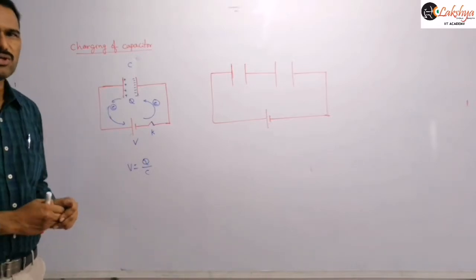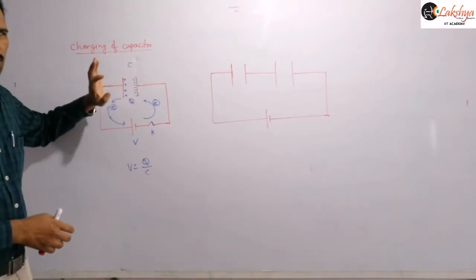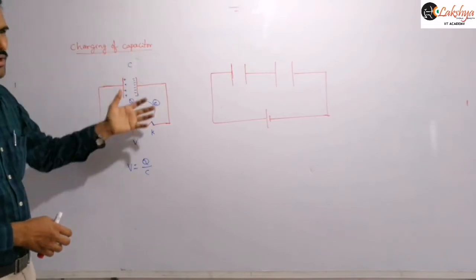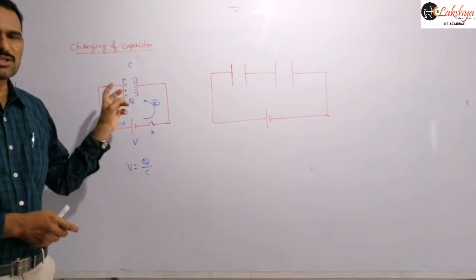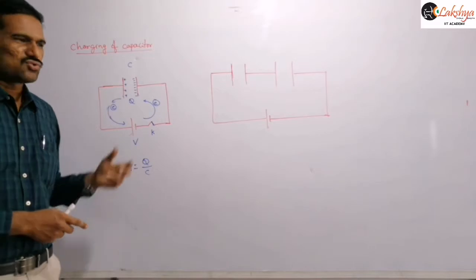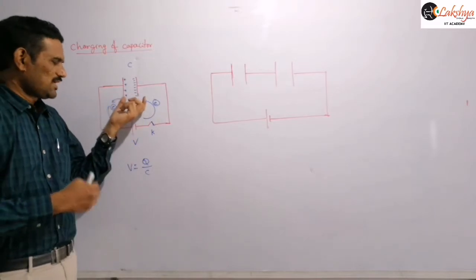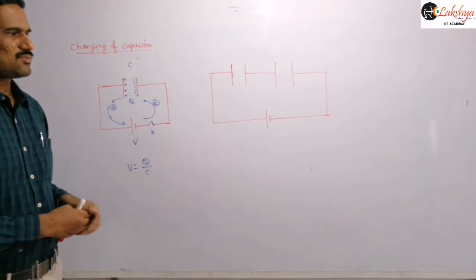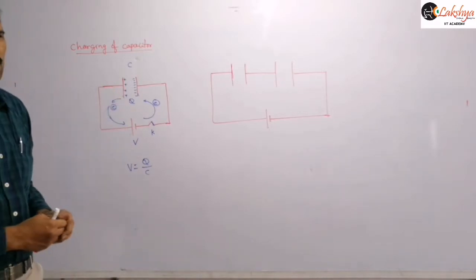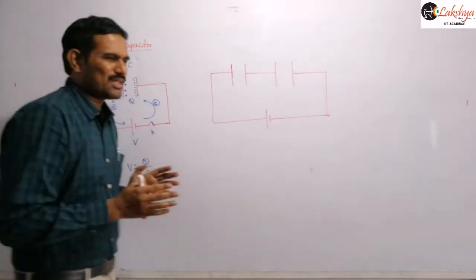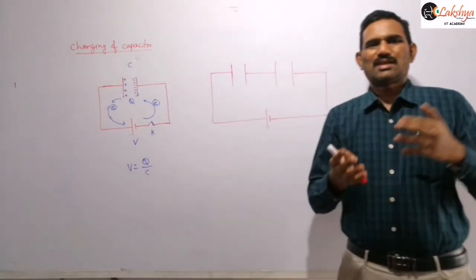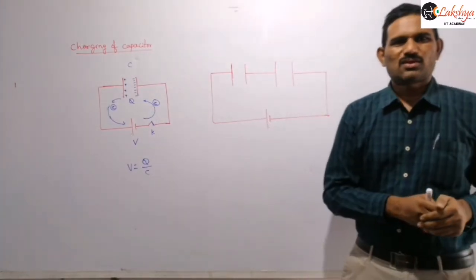Current will become zero, but some charge will be stored on the capacitor, and so some potential difference will be there. That is the purpose of our capacitor: it can store a certain amount of charge, which means some amount of energy will be stored in it. That is the principle taking place there. So during the charging of a capacitor only, current will be there, and similarly during the discharging of a capacitor also, current will be there.